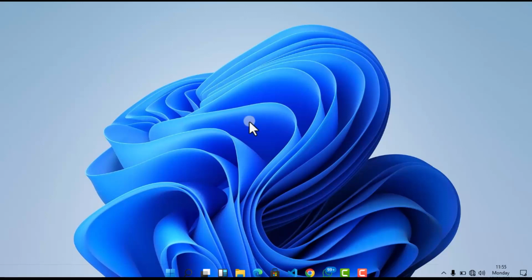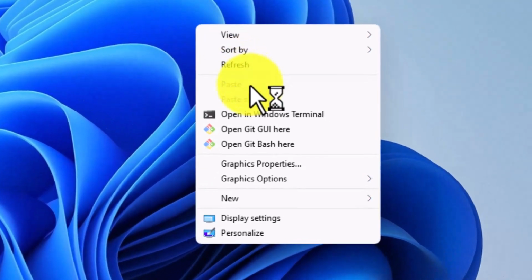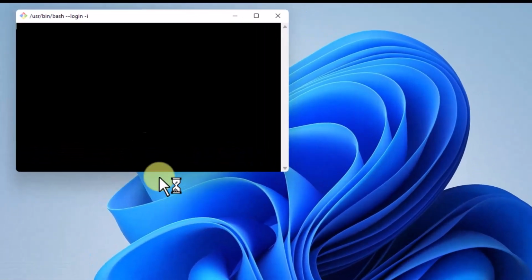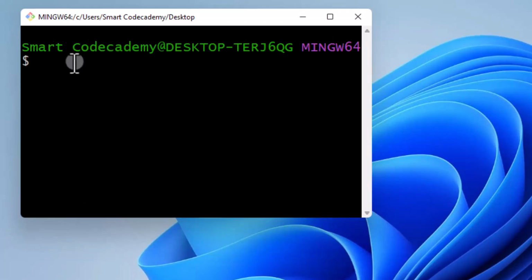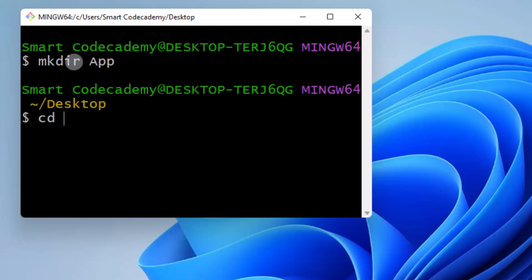Now I'm going to open git bash here. I am already on desktop, so I'll just create a new folder. I'll say mkdir to create a new folder, and let's just name it app. So I'm going to come inside app,